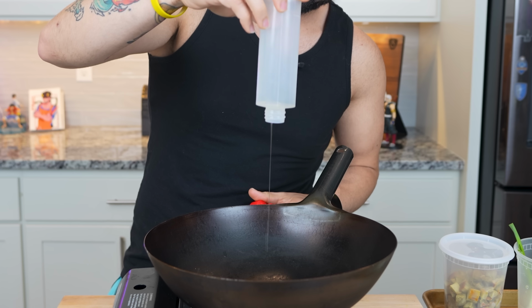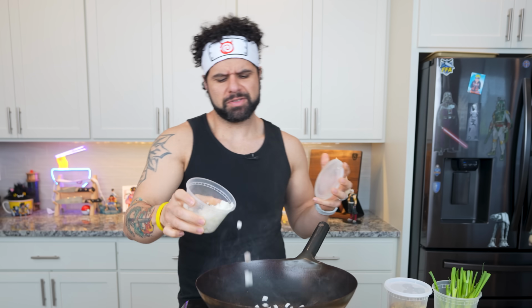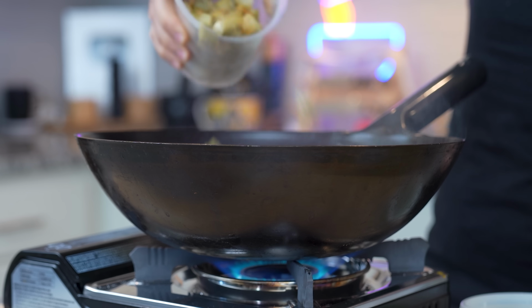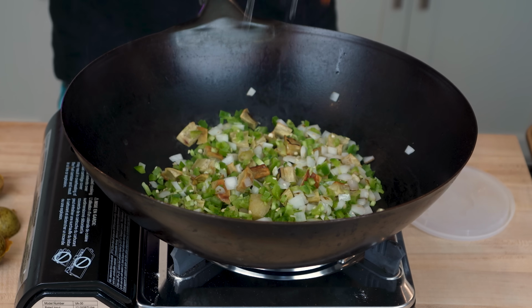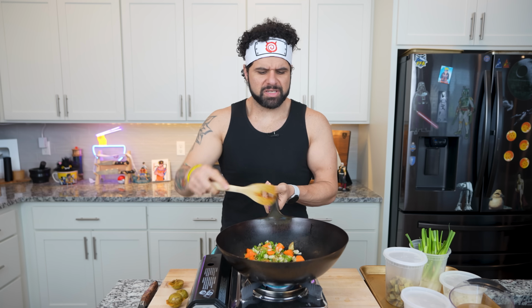I'm gonna add just the tiniest amount of oil. Then some of my onions first, right? Get a little bit of those onions in there for some aromatics. Then some of my potatoes. These are now cooled down completely and ready to use. Then 2 chopped jalapenos. Remember, we're kind of gearing ourselves up for the habanero version later. Then just a small amount of the carrots. You don't need too much in here. I'm gonna cook this up until everything is kind of soft, and then we just have to add the liquid